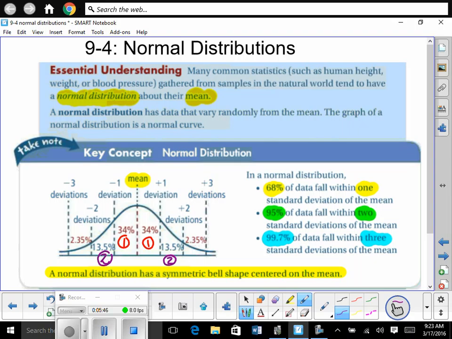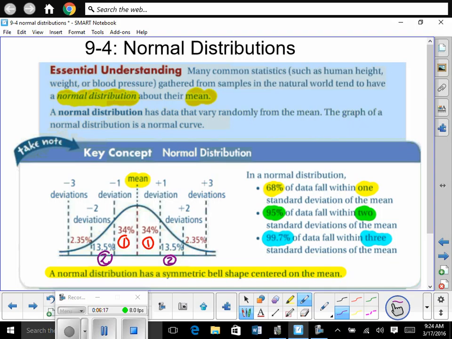Take 95. Subtract off 68, right? Because that was within 1. Are you guys following me so that this can make sense? So 95 minus 68% leaves me with 27% to be split within 2 standard deviations. So I divide that by 2 to split it evenly. That gives 13.5% above and below. So between 1 to 2 standard deviations below and 1 to 2 standard deviations above, 13.5% of the data will